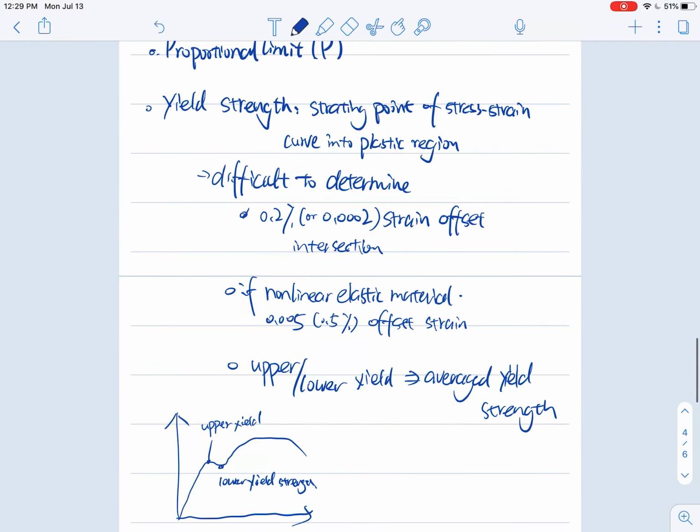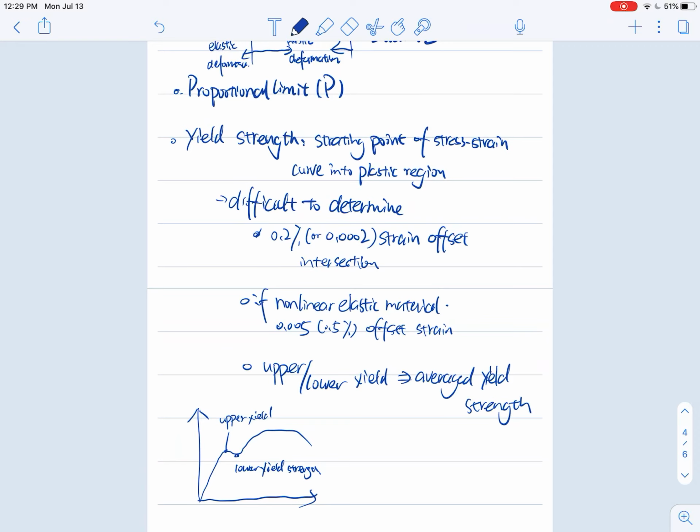And you just need to take an average to find the yield strength. And keep in mind, yield strength is when the stress strain curve starts to turn into the plastic region. And this is another important piece of information you